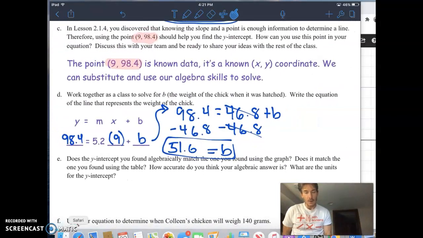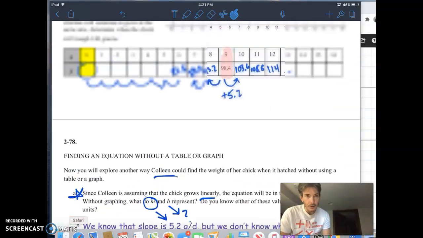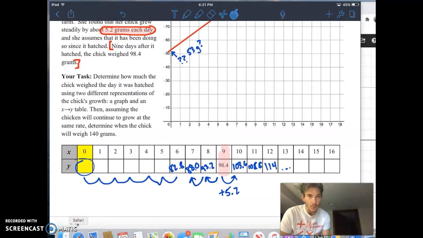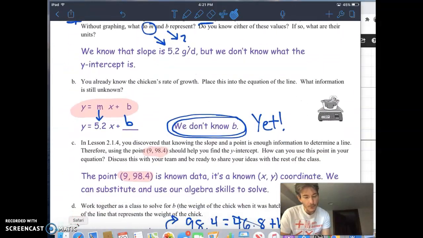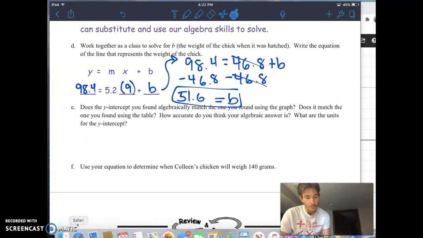Does that match algebraically what we found on the graph? Well, on the graph, we estimated that to be around 53. 51.6 isn't that far off. We're pretty gosh darn close. Does it match the one we found using the table? You know what? We ran out of steam before we got to the table. All right, we ran out of steam. You guys go back and check. I'm physically exhausted. I didn't do that, but